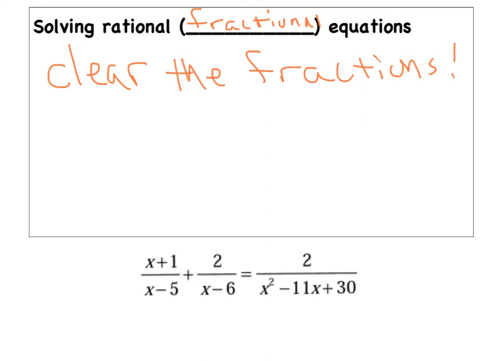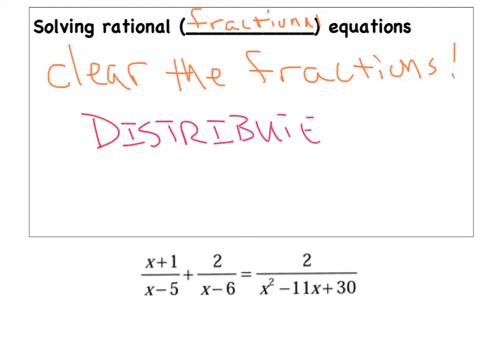Well, this is the first time where we don't actually multiply by 1. What we're multiplying by is the LCD. And the reason that's legal is because it's an equation, and whatever we do to one side, as long as we do it to the other, it's a legal move. So we're going to distribute the LCD over 1 throughout the entire